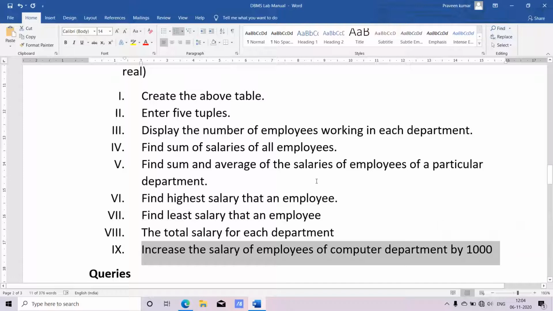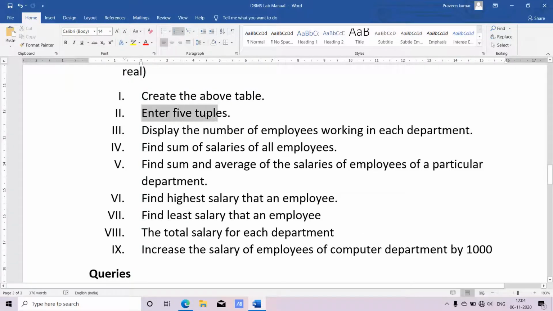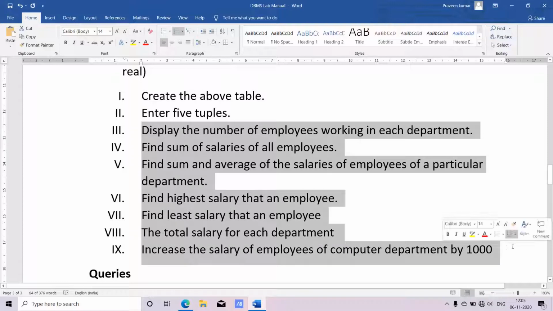Now when you're inserting values into the table, based on these queries you need to enter 5 tuples into the table. Because if you observe the last query, I have mentioned that I need to increase the salary of the employees who belong to one particular department. Say I have mentioned computer science department. The same thing, when you are inserting values into the table, you should make sure that you have at least one or two values with the department name as computer science. That is what you need to look after before entering the values. You just go through the queries once, and based on that, you can insert the values into the table.